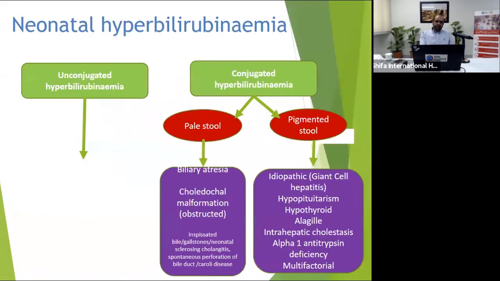So after finishing this unconjugated hyperbilirubinemia, I have not gone into detail of the management, keeping in mind that our neonatology colleagues are doing their best in the management of these babies, and then referring to us once they have excluded and managed the primary situation of the child. So coming to the conjugated hyperbilirubinemia,